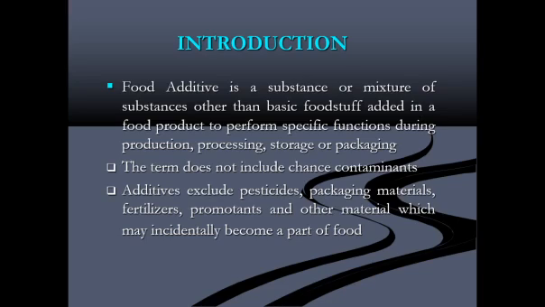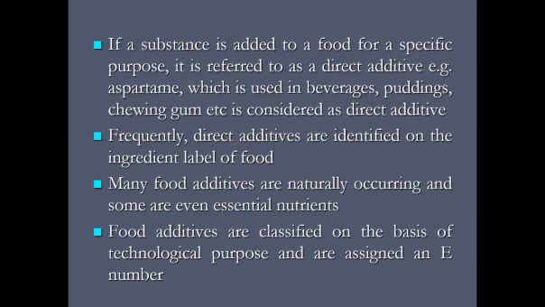So there is addition of one thing that is intentionally added and the other is unintentionally added to food. If a substance is added to a food for a specific purpose, it is referred to as a direct additive. For example, aspartame, which is used in beverages, puddings, chewing gum, etc., is considered a direct additive. This aspartame is an artificial sweetener. Frequently, direct additives are identified on the ingredient label of food,